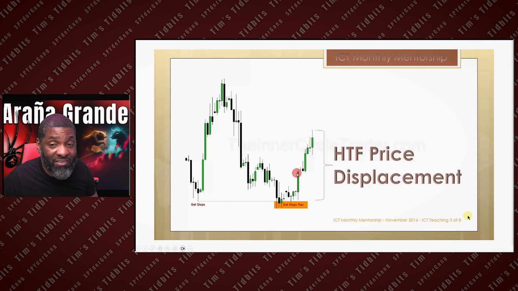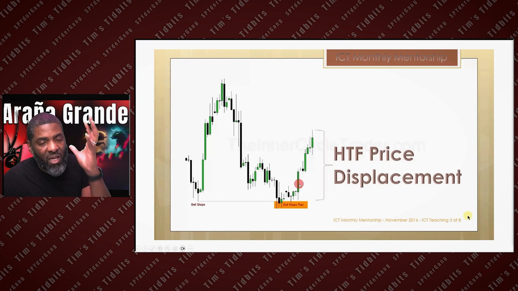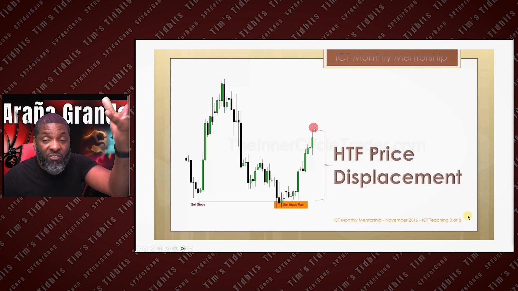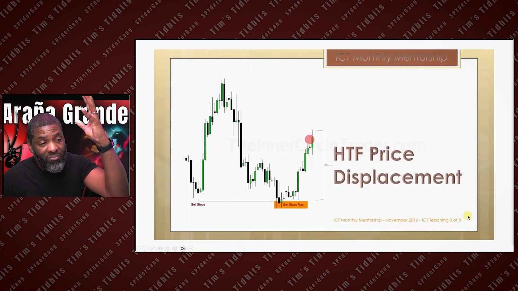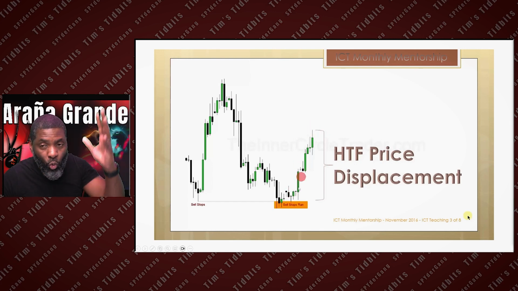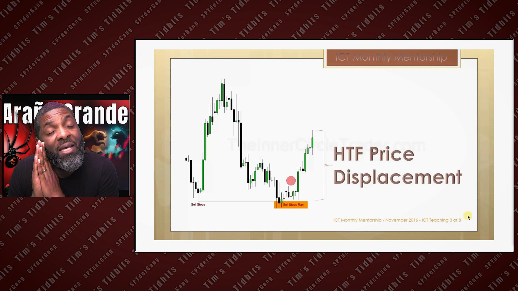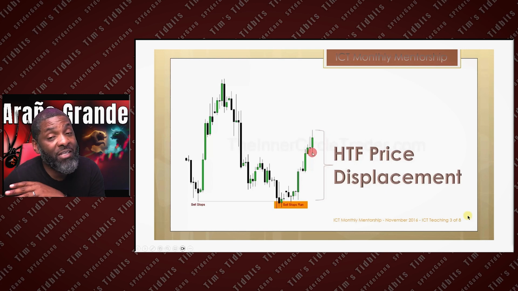Why do we want it to be on the higher time frame, Tim? Because it takes a lot of money to move the higher time frame this far in one direction. That's a lot of institutional money going to work. These are daily candles, by the way. It takes a lot of institutional money to make a move like this. Now, we're not going to chase price. This has nothing to do with that. I'm just throwing in an extra little bone for those who want to sneak off and try to trade right now when you shouldn't be. You're not going to enter right now.